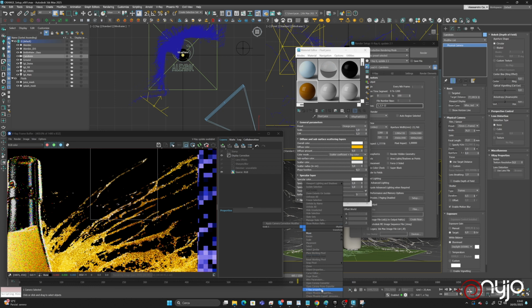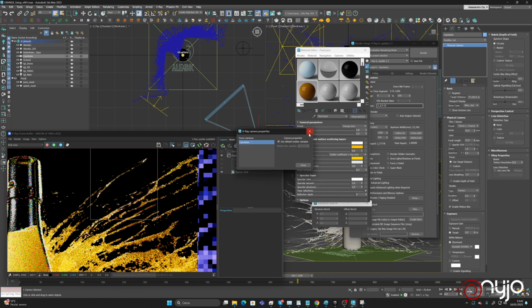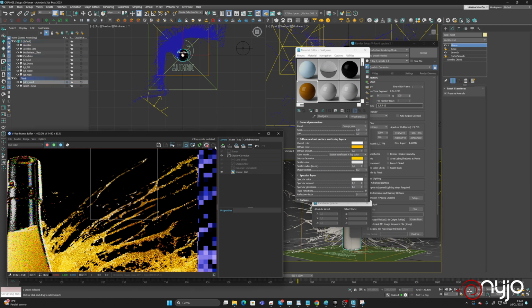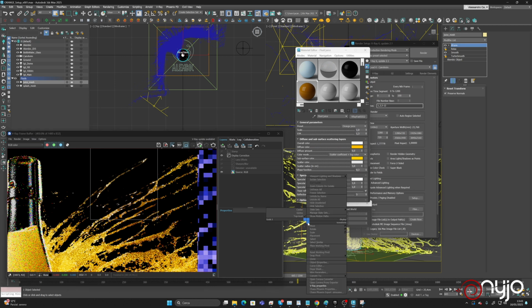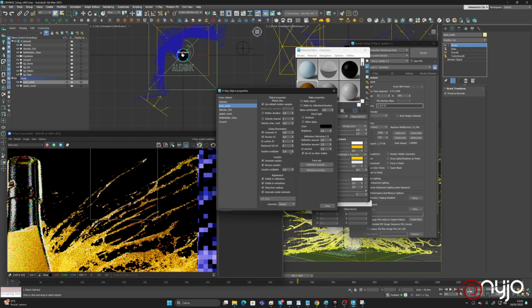So V-Ray properties, sorry, it's the juice fluid. Let's stop because it's really slow this way. So now it is stopped. V-Ray properties, and